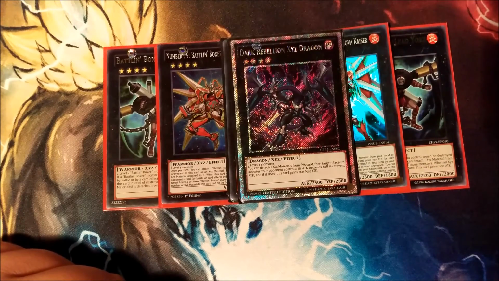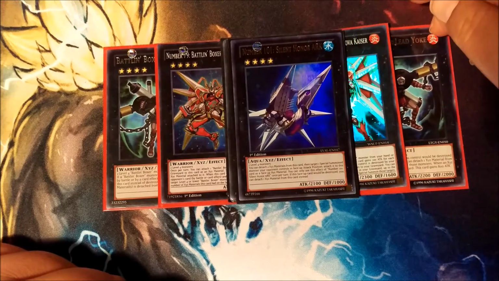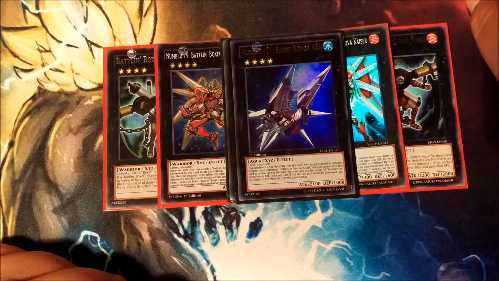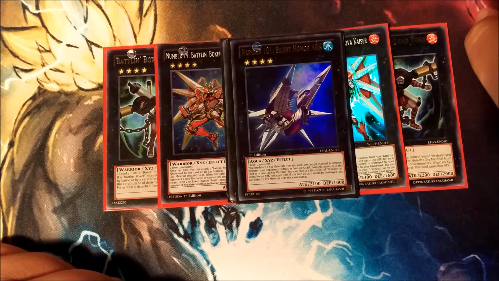Next up, one of my favorites, Number 101 Silent Honor ARK. It takes 2 level 4 monsters, and is at 2100 attack, 1000 defense. What I love about him is that if they bring out a monster that is literally impossible to defeat, won't be affected by traps or spells, or can't be destroyed by battle,